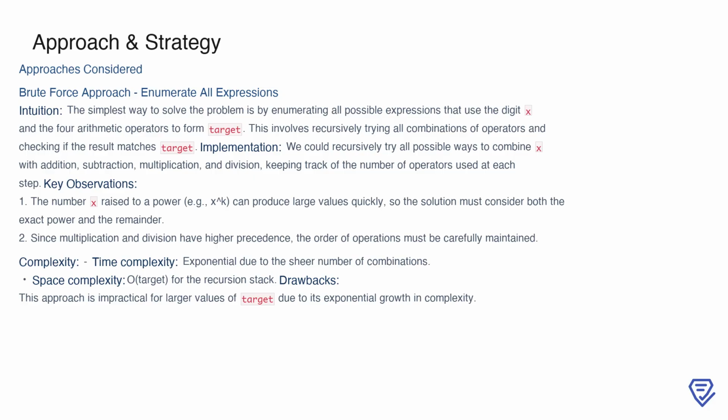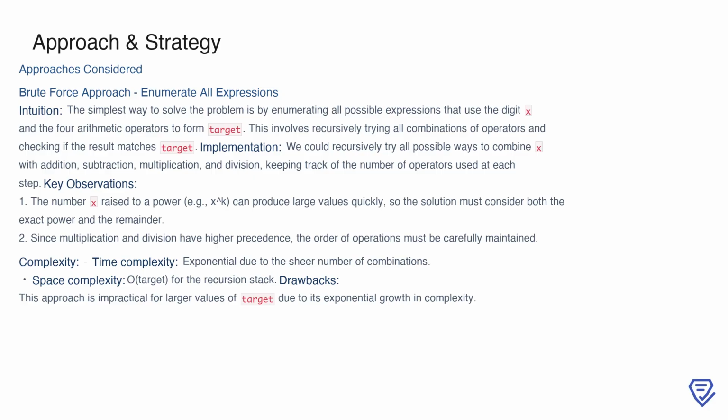Additionally, because multiplication and division have higher precedence than addition and subtraction, maintaining the correct order of operations is crucial to ensure accuracy. Unfortunately, while this method is conceptually simple, it becomes computationally infeasible as the target value grows larger due to the exponential number of combinations we need to evaluate. The time complexity is exponential, and the space complexity depends on the recursion stack, making this approach impractical for solving